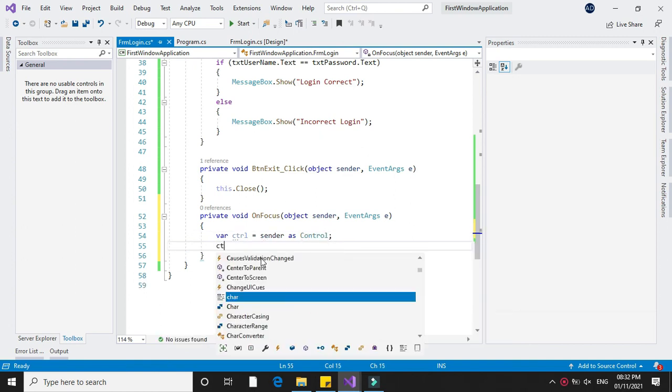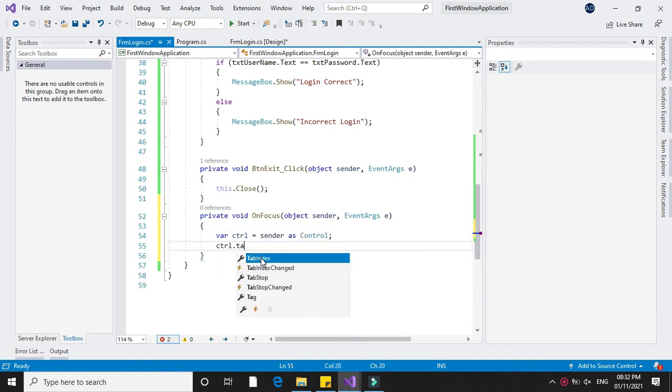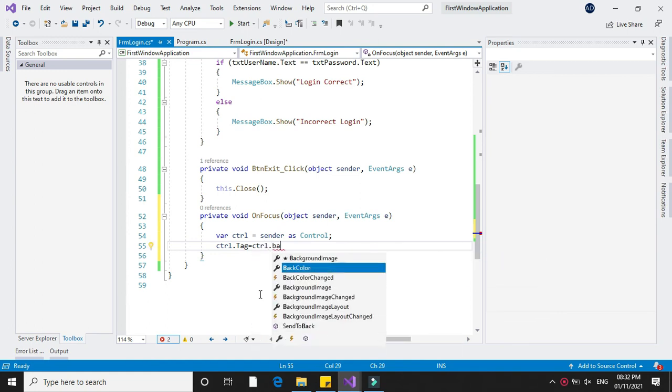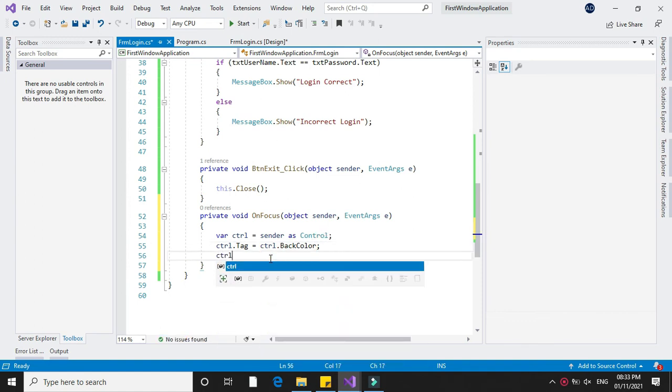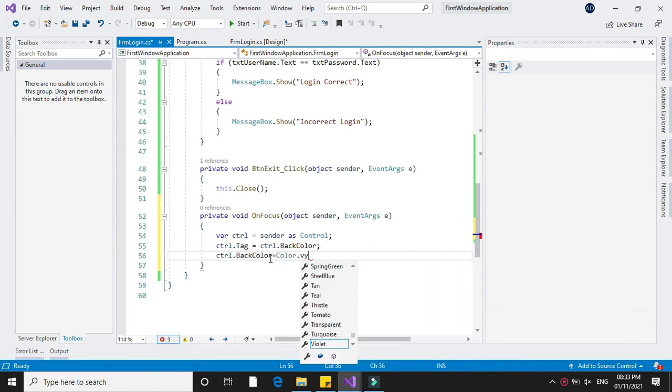then control dot tag equal to control dot back color, that is which method you want to execute for this control, and set control dot back color equal to color dot can.